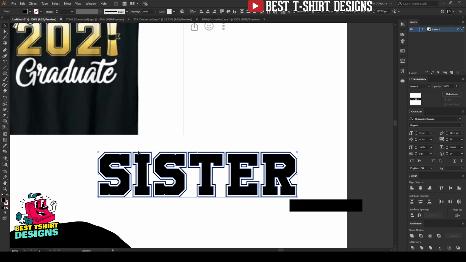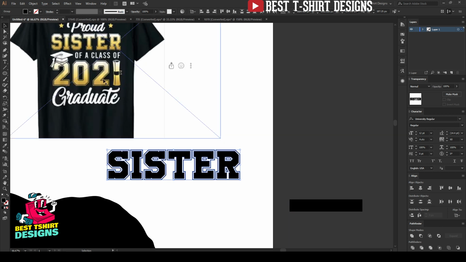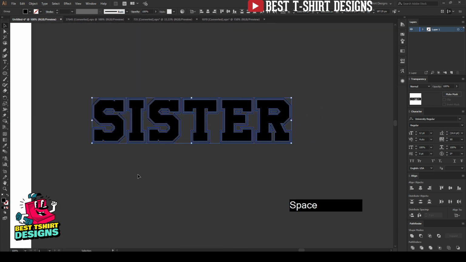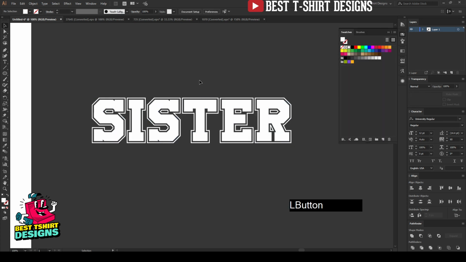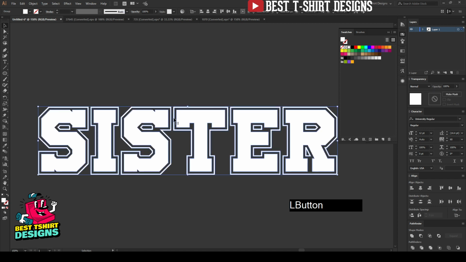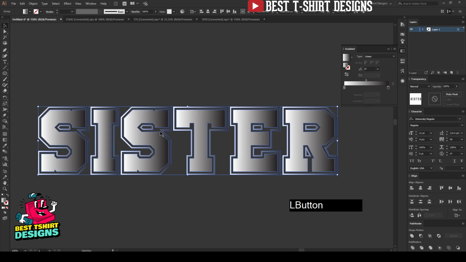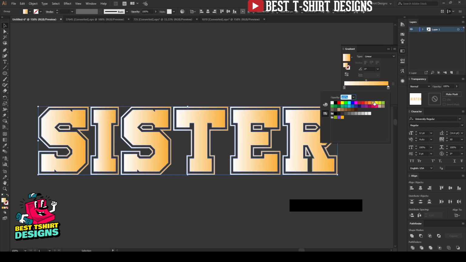And now you can put any color you want. Like here they are using a golden kind of gradient, like yellow to white. You can do that. So let's select our text here and make them a group. For now let's make it white so that we can see clearly. So this is my text. If I select them as they are a group together, I'm going to apply the gradient on them. If I click on this, it is going to apply the basic black and white gradient to my text, and it is looking like this. So I need to change the color to the golden color, kind of like this.